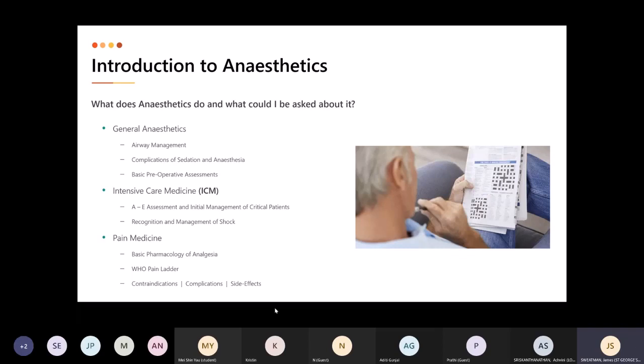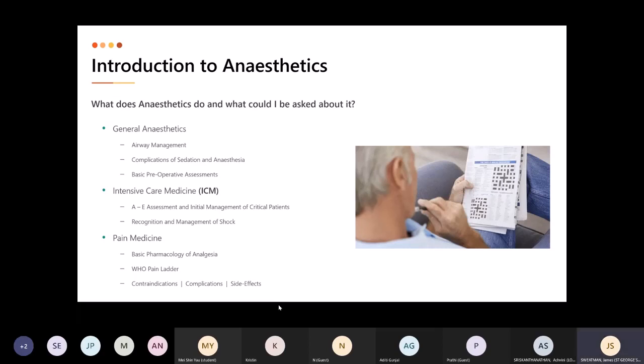Right, so anaesthetics. What does anaesthetics do and what can you be asked about it? Most people think anaesthetists are crossword professionals, which they are in a way, but anaesthetics is basically split up into 3 subspecialties that you can be asked about. The first one is general anaesthetics, and the things that you could be asked about in finals would be things like airway management. So how do you manage an airway? How do you recognize a compromised airway? The complications of sedation and anaesthesia, and basic preoperative assessments,